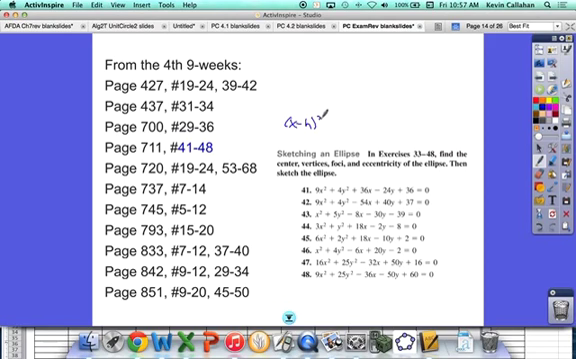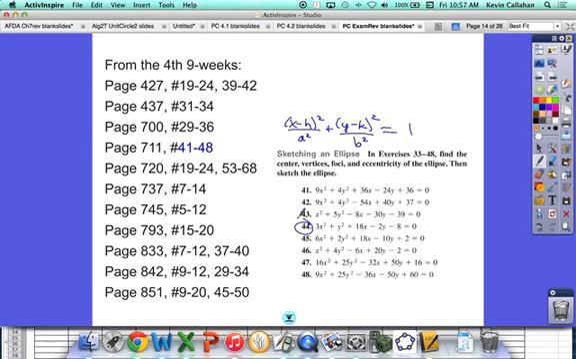(x minus h) squared over a squared plus (y minus k) squared over b squared equals 1. Although that's just one variety, right? It could be that the a squared is there and the b squared is there. But in any case, we need to create perfect square trinomials so that we can put them in parentheses with a squared outside and make sure that there's a 1 on the other side, right? So on this one right here,